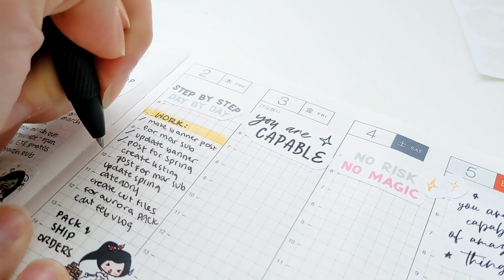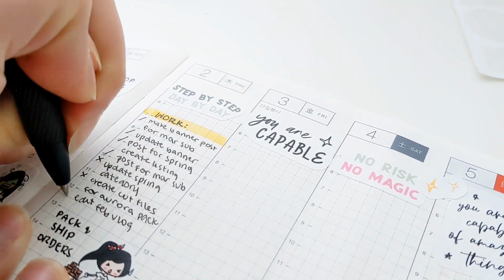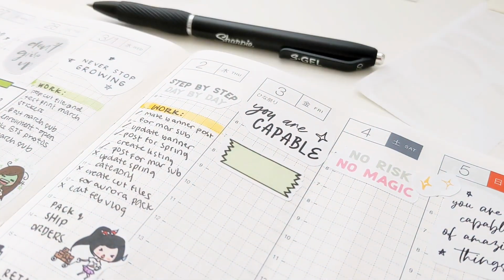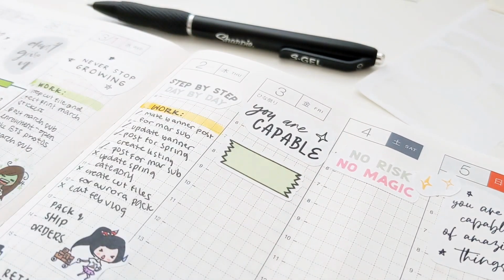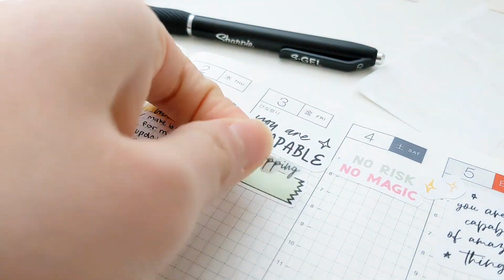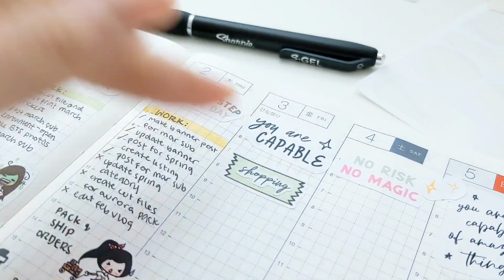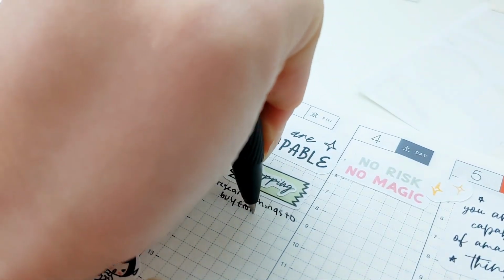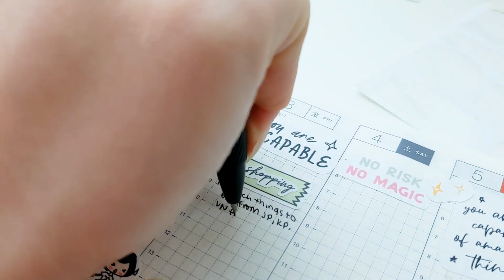Then I included this adulted sticker that says didn't spend all my money because I wanted to go overboard with a lot of new skincare products that I wanted to try, but I spent enough just so that I could get free shipping. Moving on to Friday, I started off by placing this tape sticker in the color green from